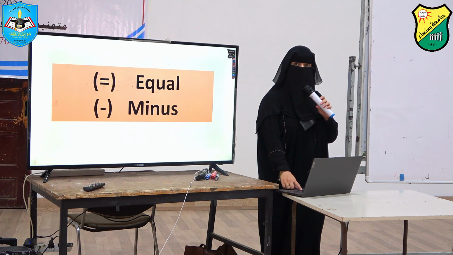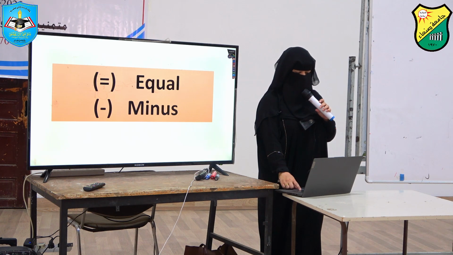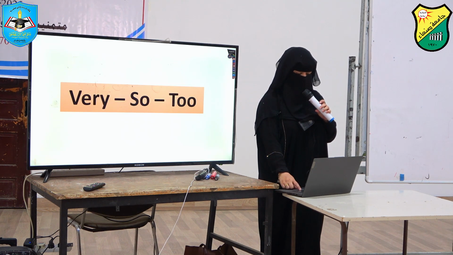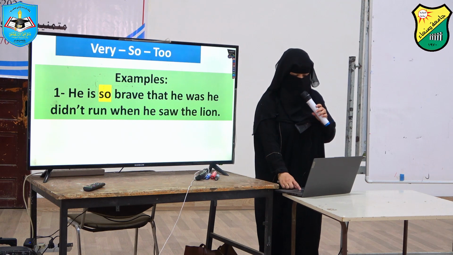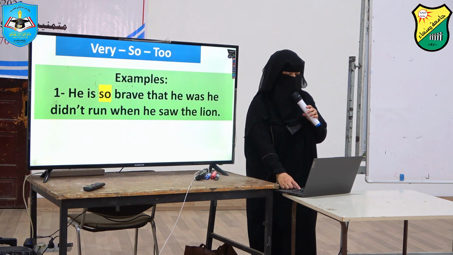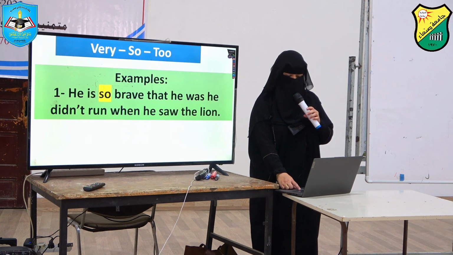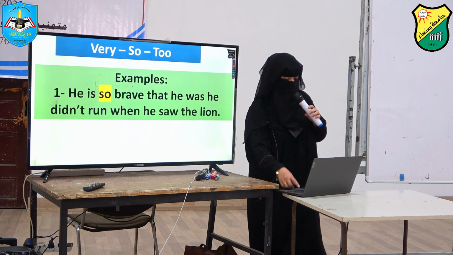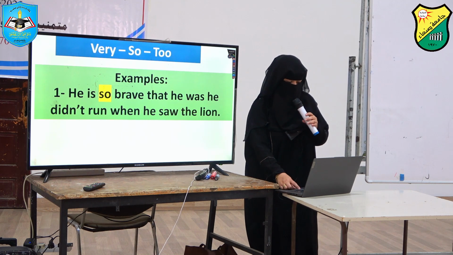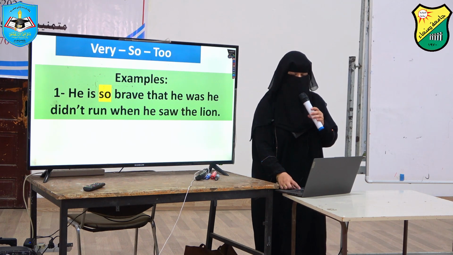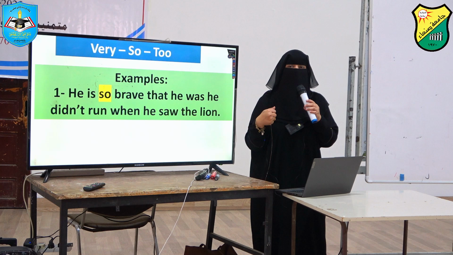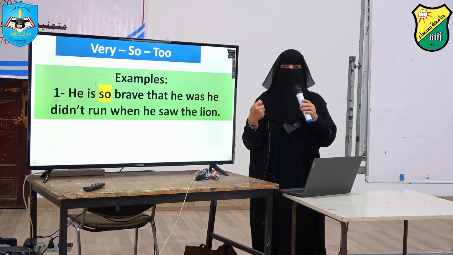Okay, next we have so and very, and two more examples. More examples we have. He is so brave that he saw the lion. He didn't run when he saw the lion. So he's so brave. Now, when I say so brave, it means